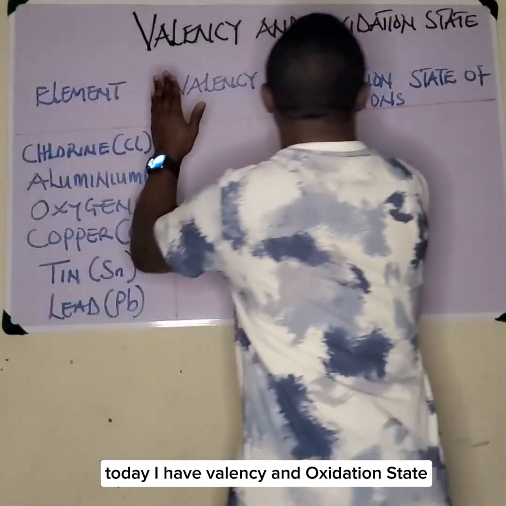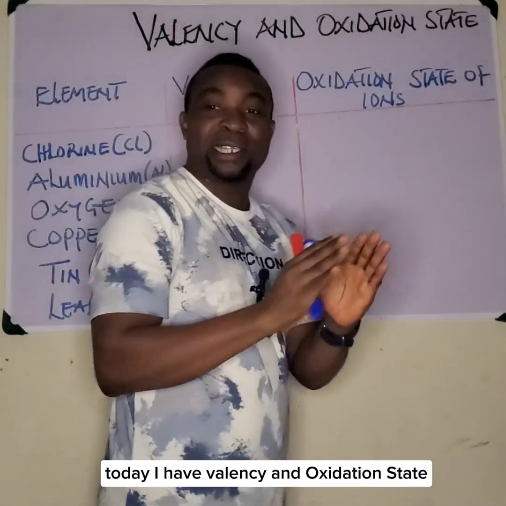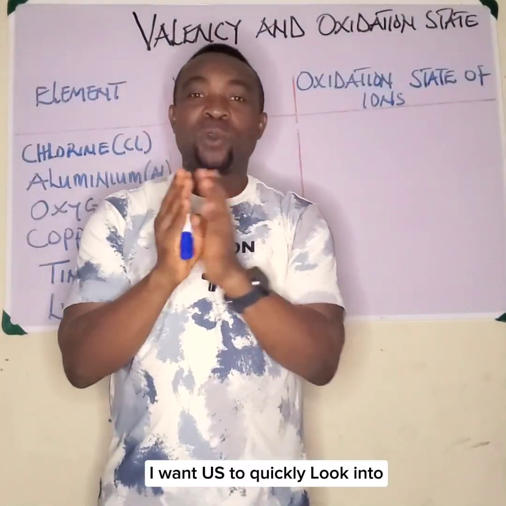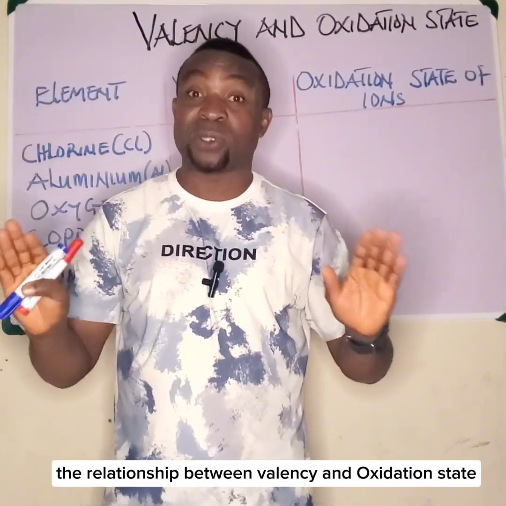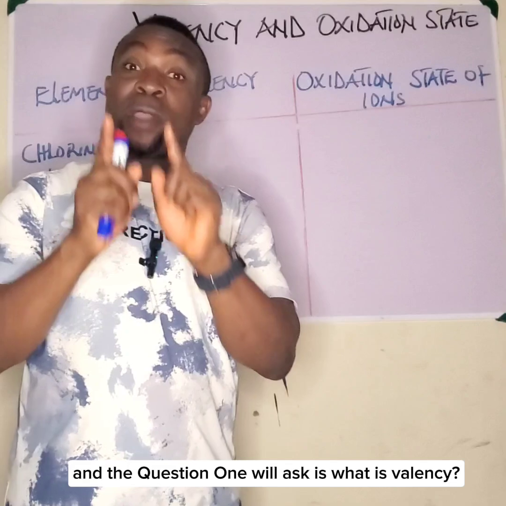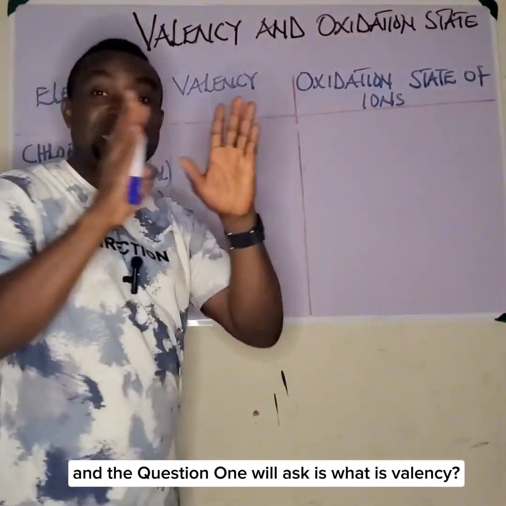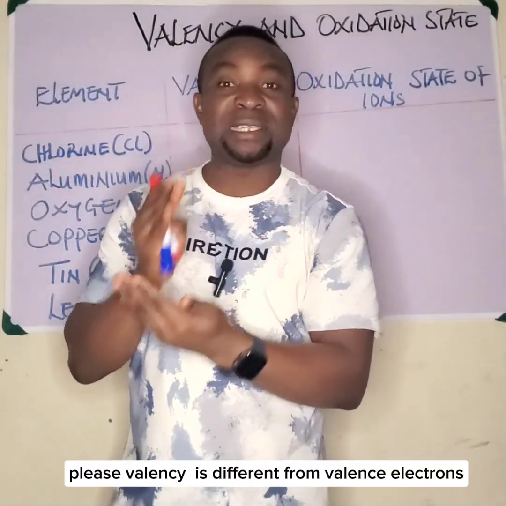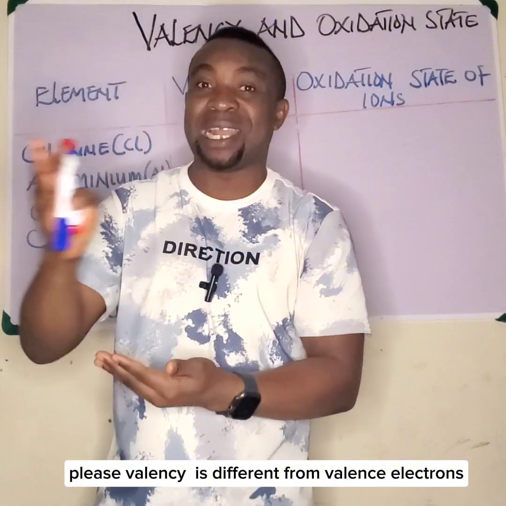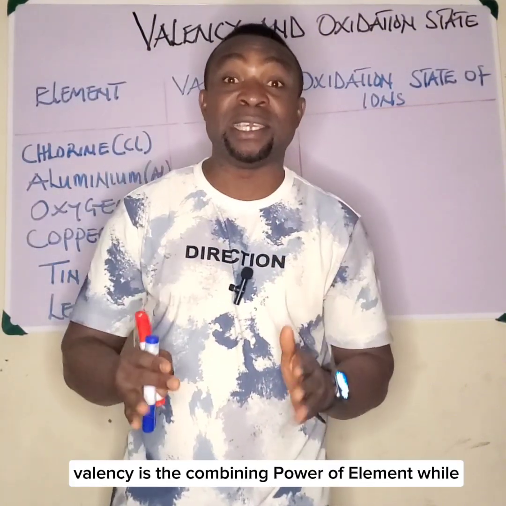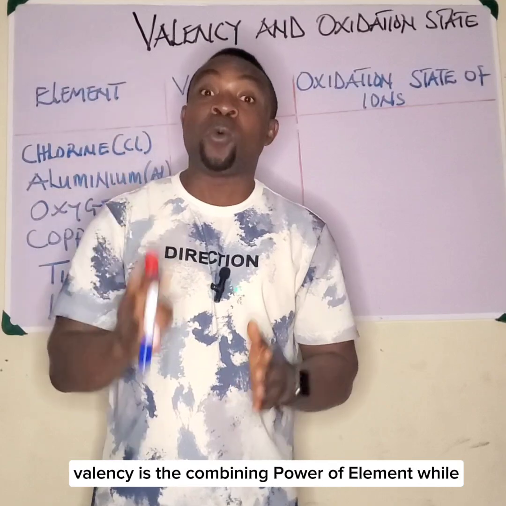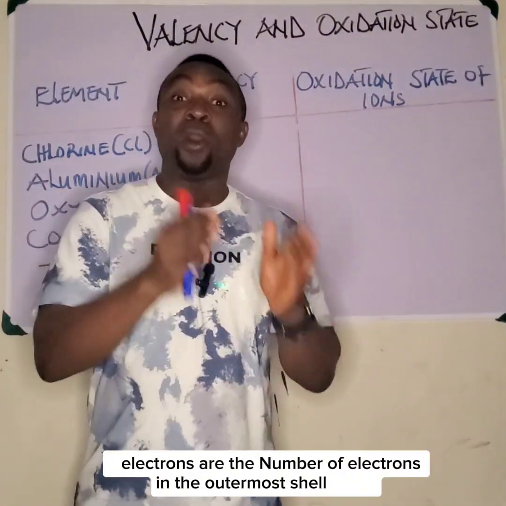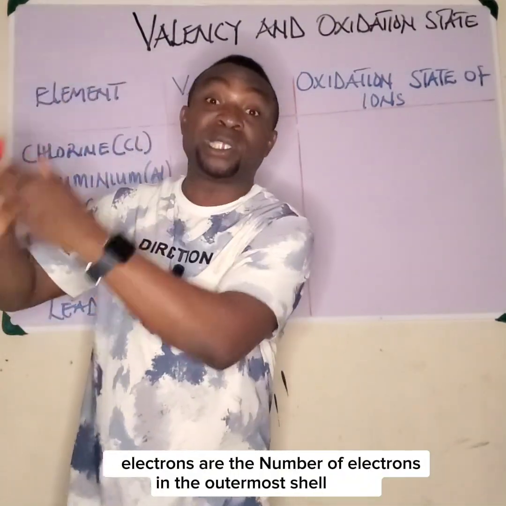Today, I have valency and oxidation state. I want us to quickly look into the relationship between valency and oxidation state. And the question one we ask is, what is valency? Please, valency is different from valence electrons. Valency is the combining power of elements, while the valence electrons are the number of electrons in the outermost shell of